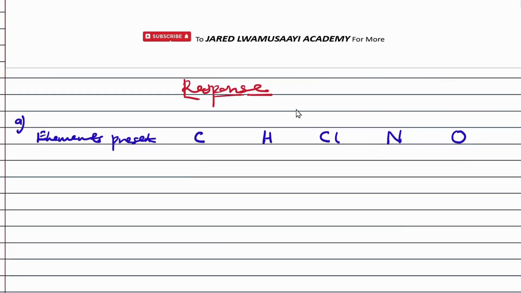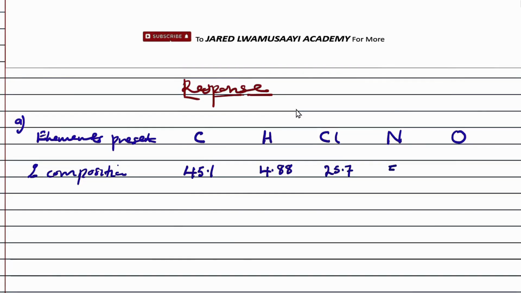Then from here, since we are determining the empirical formula, we need to take note of the percentage composition by mass. For carbon, we've been told that it is 45.1%. Hydrogen is 4.88%. Chlorine is 25.7. Nitrogen is 5.3. And then oxygen, we've been told it is 18.05. So having written the percentage composition of the elements present in the Weedmaster,